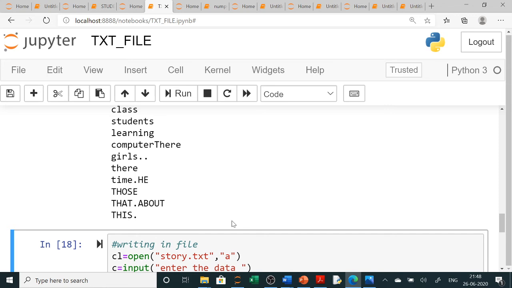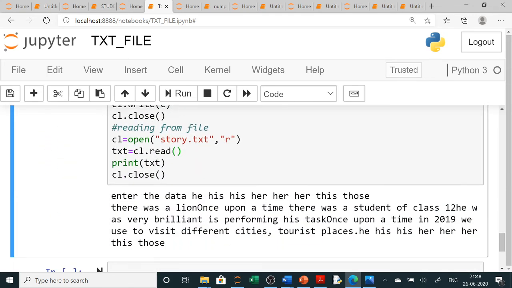Now suppose in this question, you have just written the story, and in this story you want to count a particular word. Suppose you want to count was, W-A-S. So 2 times, here also was is there, he was very brilliant. So let us write a program for this. What I will do is simply copy it from here.